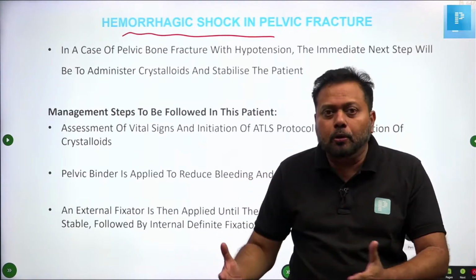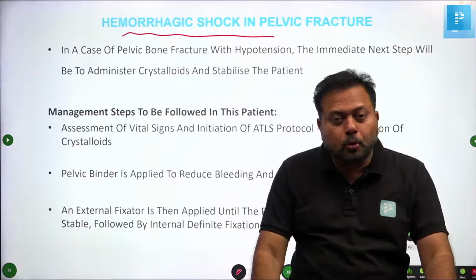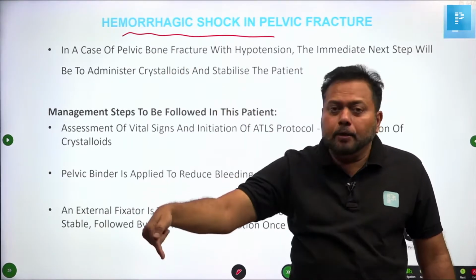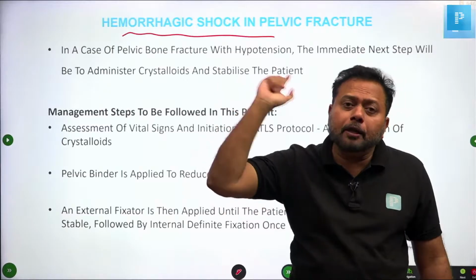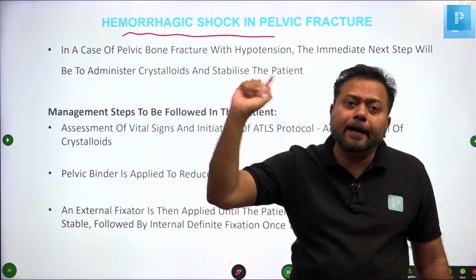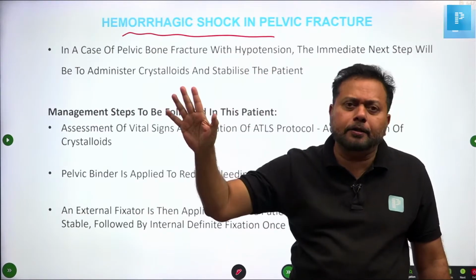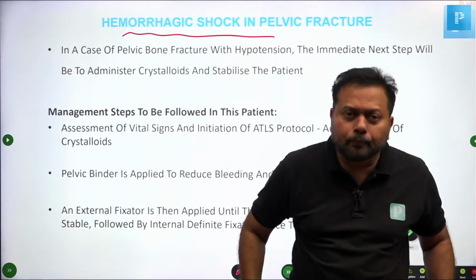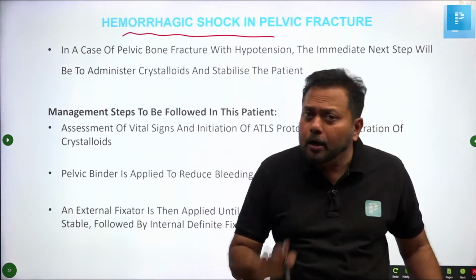they are bringing the case to you. In front of you, BP and pulse are going down. It is hemorrhagic shock. Immediate thing, you should do a central cannula, start the patient on crystalloids, plasma expander like dextran. You should try to maintain the intravascular volume. Our aim is to maintain the intravascular volume.